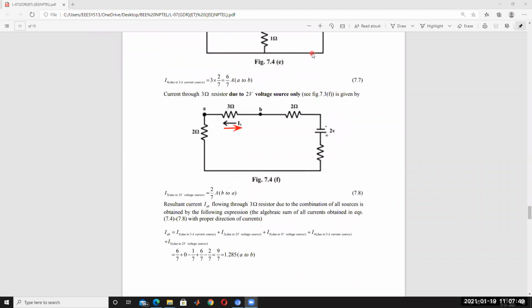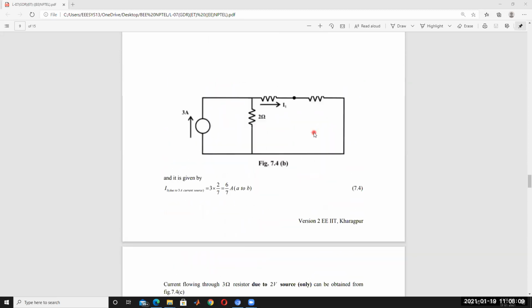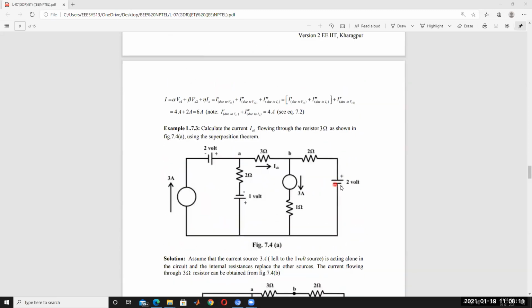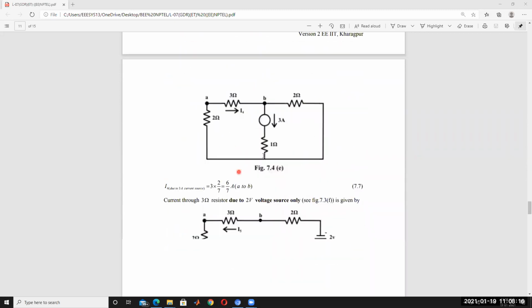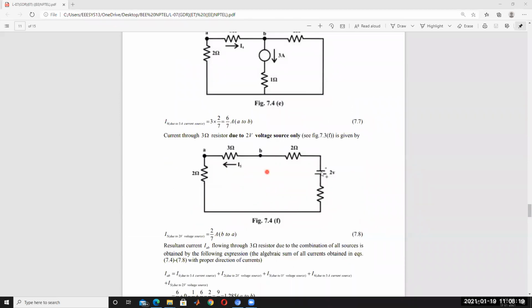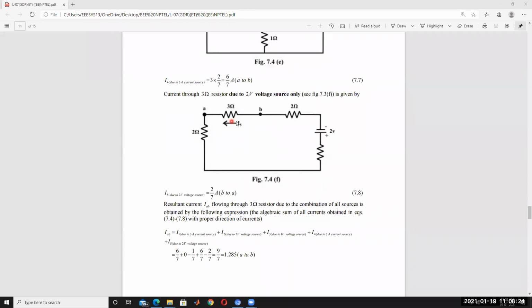If it is positive and negative, the current direction will be A to B. If it is negative and positive, the current direction is A to B. But the source changes, right? Because of the downward direction, the current is the same as it is. But he has taken it opposite. That's why the notation is changed like this. Okay, good, you identified it.